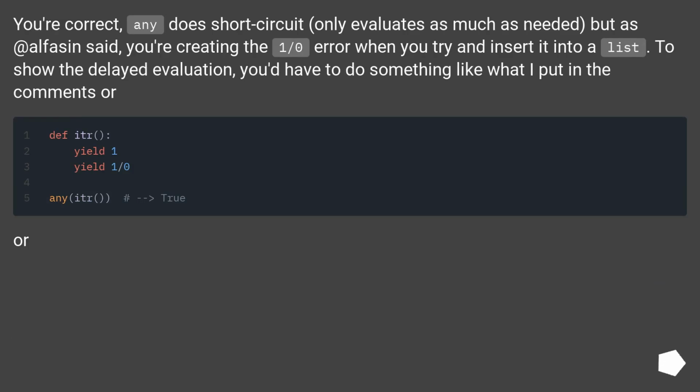You're correct, any does short circuit, only evaluating as much as needed, but as Alphason said, you're creating the 1-0 error when you try and insert it into a list. To show the delayed evaluation, you'd have to do something like what I put in the comments, or